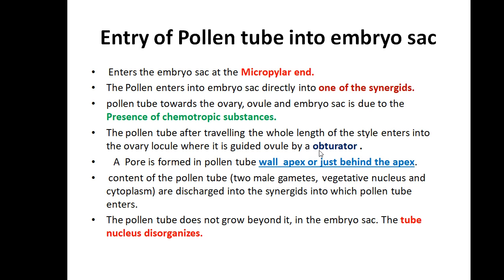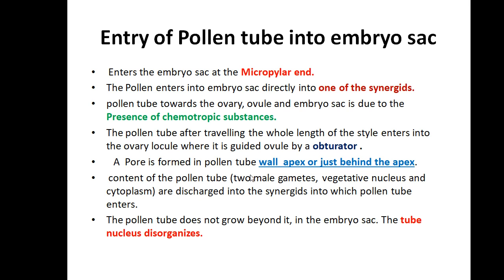that is guarded by an ovule, which is guarded by the obturator. What is called obturator? Yes, the pollen tube finally enters into the ovule through the ovary. When it enters the ovule, that is guarded, covered or protected by a structure which is present at the entry of the ovule where the pollen tube enters. That particular structure is called the obturator.